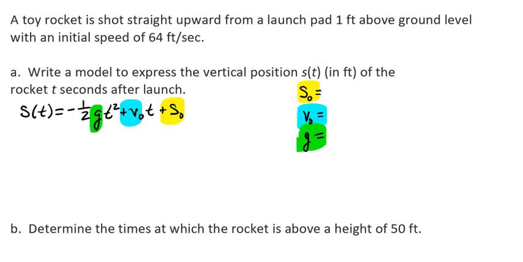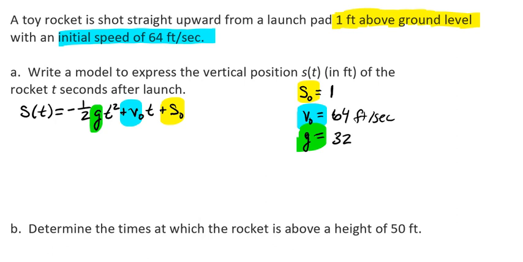From the problem, we see that we have an initial height of 1 foot above that ground level. So that's going to be our initial height, 1. It says we have an initial speed of 64 feet per second. So we can put down 64 feet per second. And because we're dealing with feet and seconds, that means for gravity, we're going to be able to use 32 feet per second squared. So we're going to take that and we're going to plug those values in,